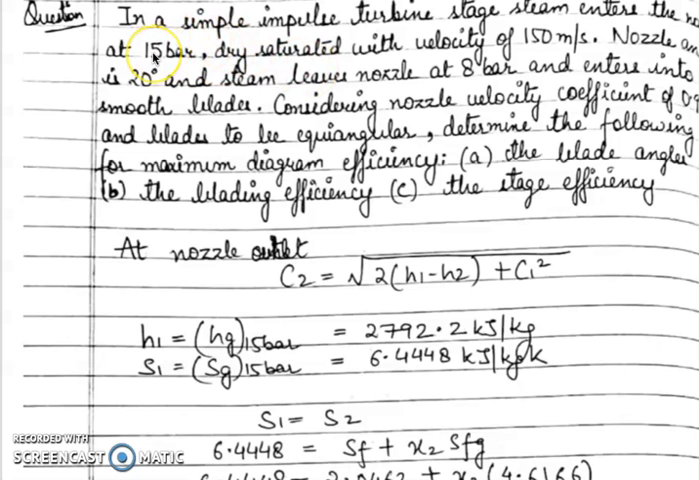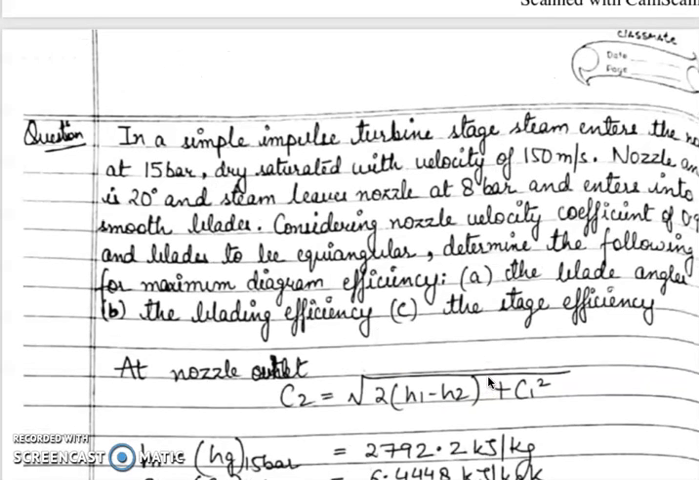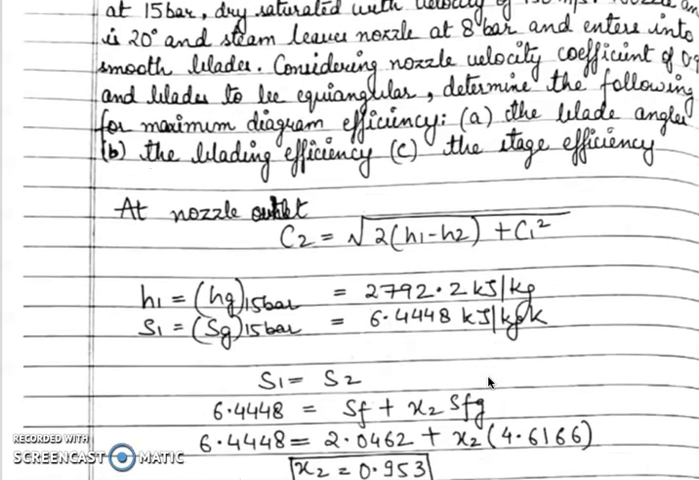As it is given that steam enters the nozzle at 15 bar and dry saturated, the H at the entry of nozzle, which is named H1, is read from the steam table as Hg at 15 bar. Then S1 will be Sg at 15 bar, same is the condition. So this is S1. Now as we know that the process in the nozzle is considered isentropic,